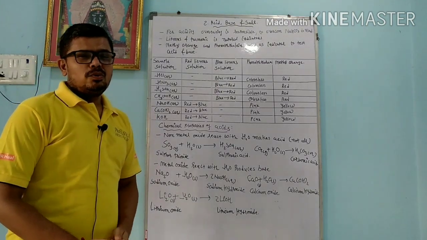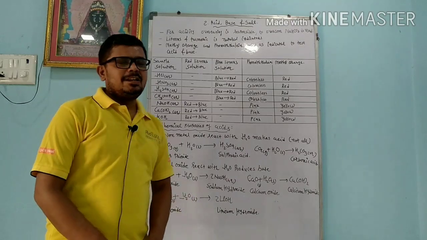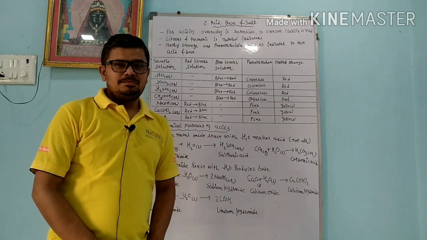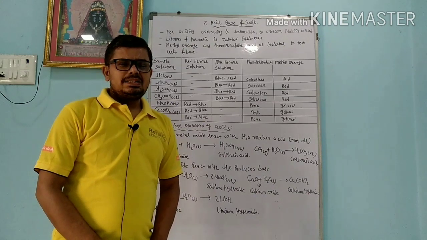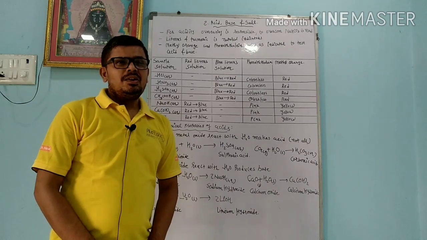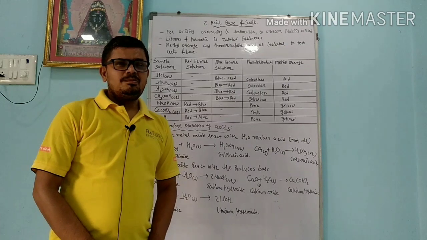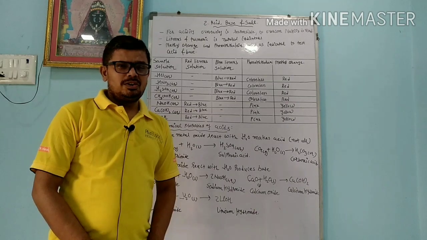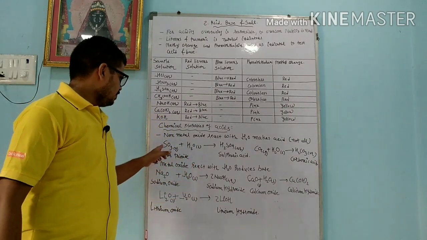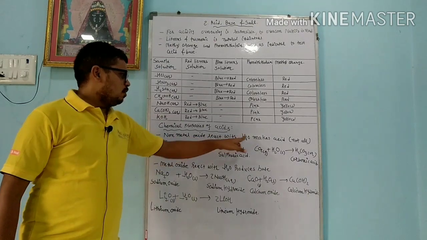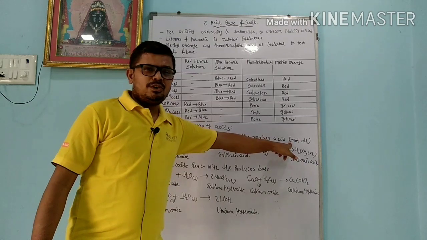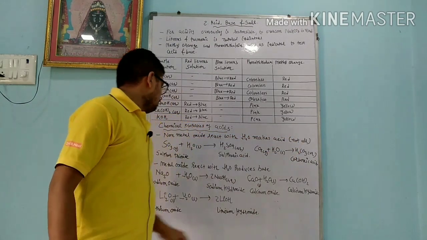Dear student, we are going to learn chemical properties of acid and base. But before that, how are acid and base formed? Generally, acids are formed when a non-metal oxide reacts with water, and bases are formed when a metal oxide reacts with water. So we will take some examples here. Non-metal oxide reacts with water to make an acid, but not all, because some compounds make amphoteric compounds, which we will learn later on.